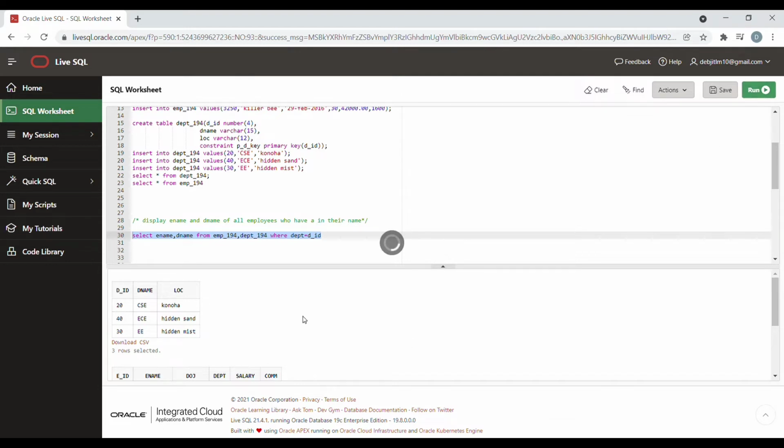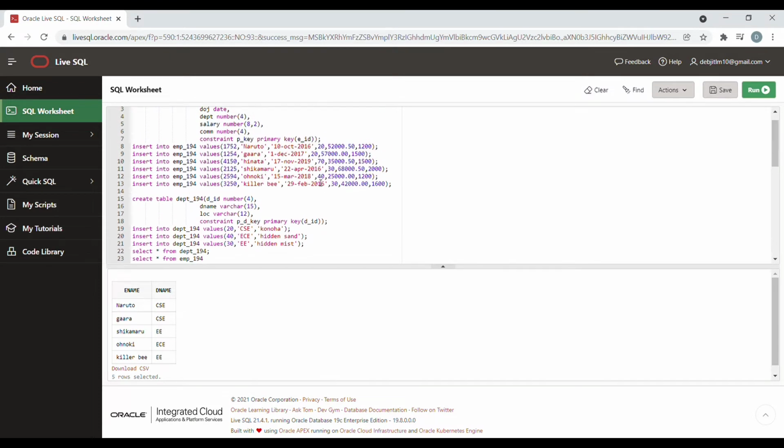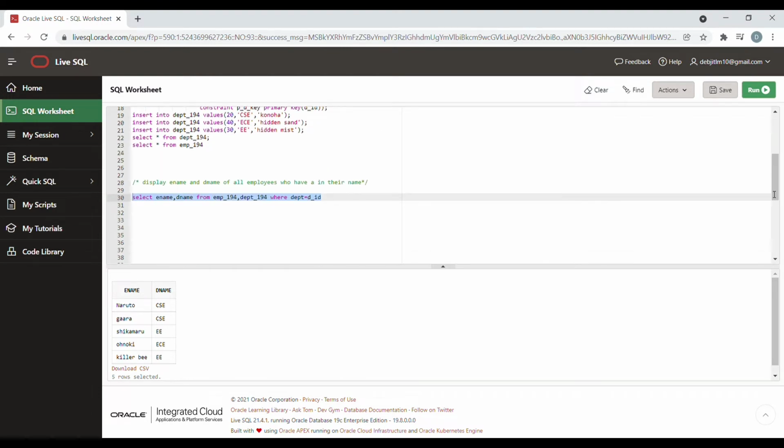So if the DID and DEPT columns are similar, then we will get all these outputs. Now what we need to see is which of them has a in their name. So I will just add another clause in the where clause, and how we add two different clauses in our where, so we use and.